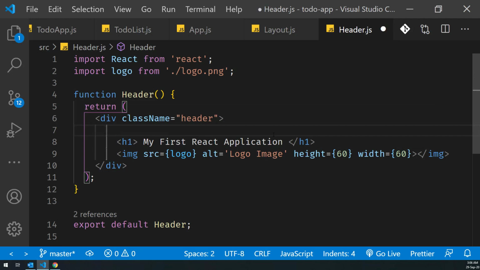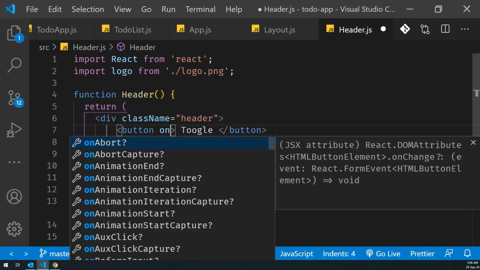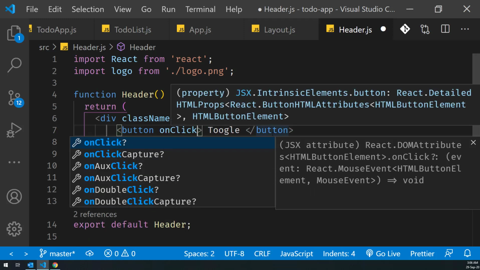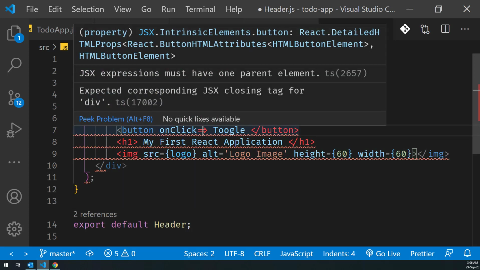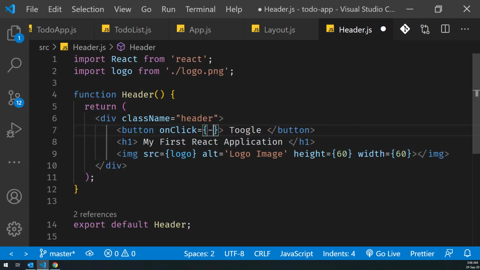So here I'll create a button element and we'll call it toggle. And inside this button, whenever this button is clicked, I want to set an on click event. So whenever the toggle button is clicked, we want to perform some action. Right now, we don't have that action that we need to perform, but we are sure that we will have some action that we want to perform. And that action would be responsible for toggling the visibility of our